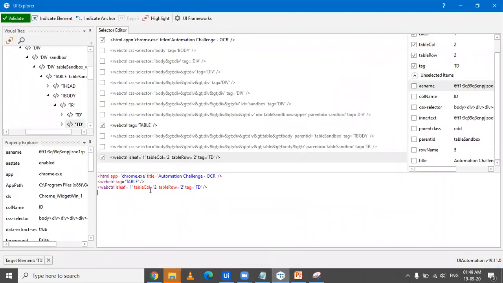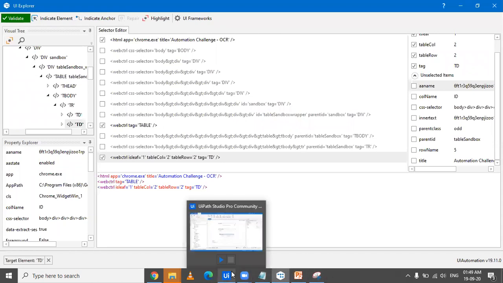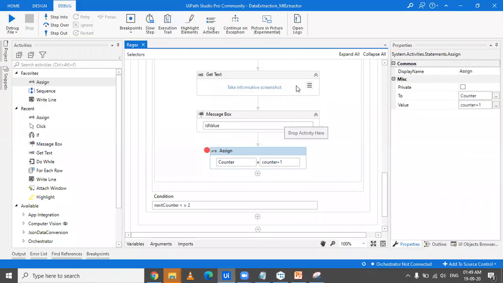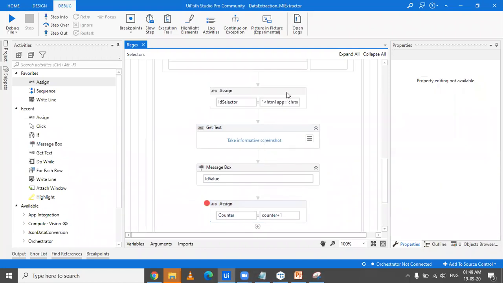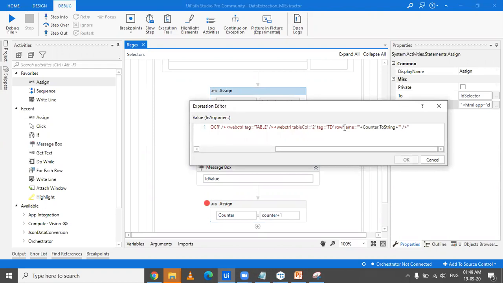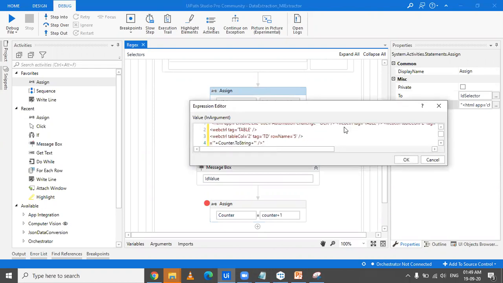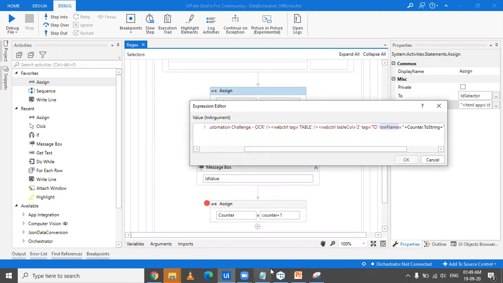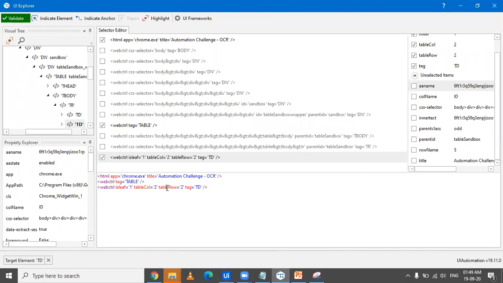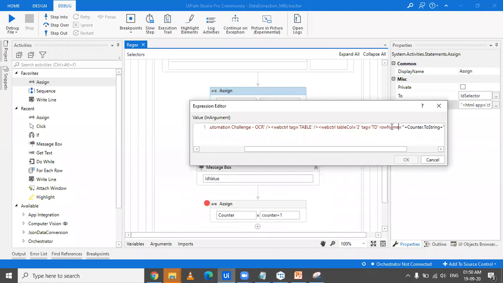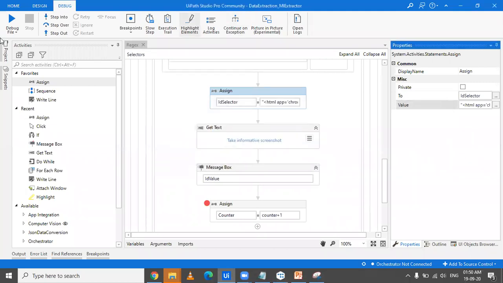So we have two things here, table row and row name. I'll just check. Yeah, so I've taken row name here, but I have to instead take this thing because that's how I have incremented the counter and I've chosen the counter. So yeah, that's it.